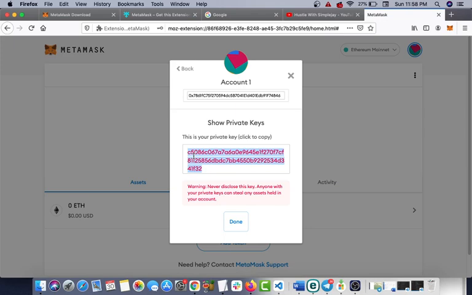This is how to get the private key of your account. So you can see the private key of this account right here, right? Let's say we want to find the private key of our account, and let's say we log in with the memory phrase. Now we want to find the private key. This is the private key right here. Either private key or memory phrase, everyone is fine. Either one works fine on